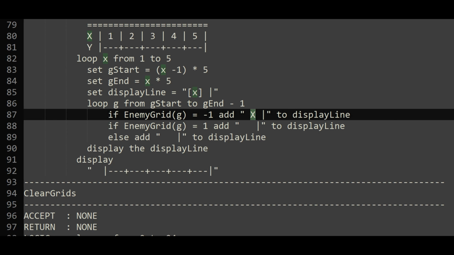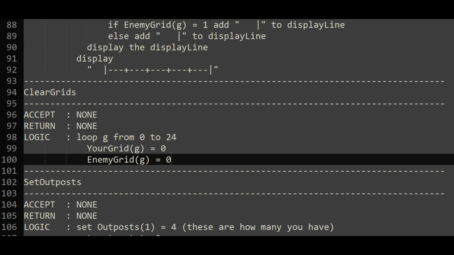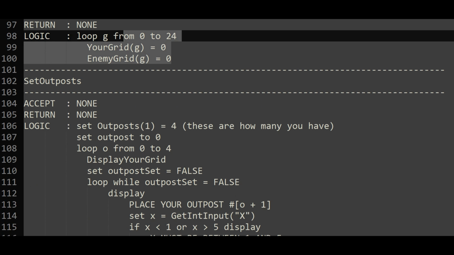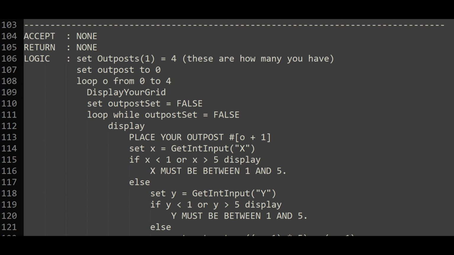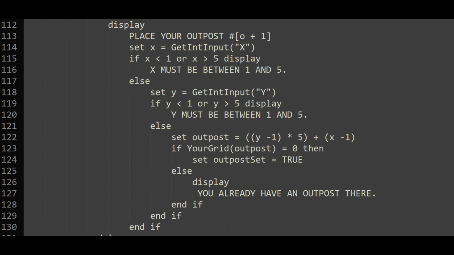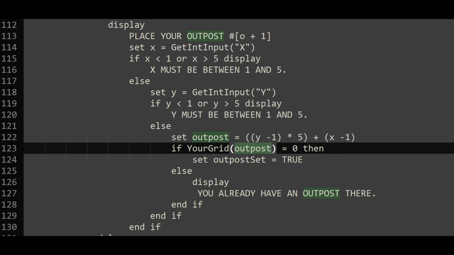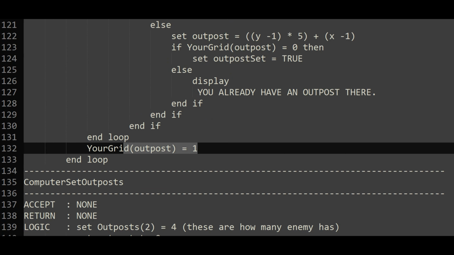So really this is just else here. Clear grids just loops through and puts zeros into all the slots. Set outposts, you have 4 outposts. It will loop from 0 to 4. It will ask you for the X and Y coordinate of the outpost. It has to be between 1 and 5. And then it uses a simple little formula to figure out where that is within the 25 items and sets that to 1 right